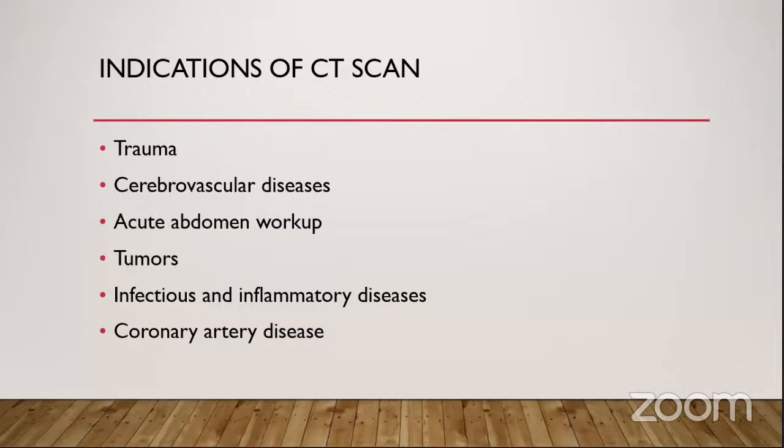Go on, Shiva. I just wanted to ask all of you, if it is 128 slices and all, does the irradiation become less or is it the same? I'm not sure, but I think because the time of exposure is less, irradiation will be less. It is a very apt question, because one of the big problems with CT scanners is the high dose of radiation that the patient gets. And I think the shorter the time of exposure, the lower will be the quantum of irradiation that one gets. That's another advantage of higher slices. Correct. Vanita, please continue.